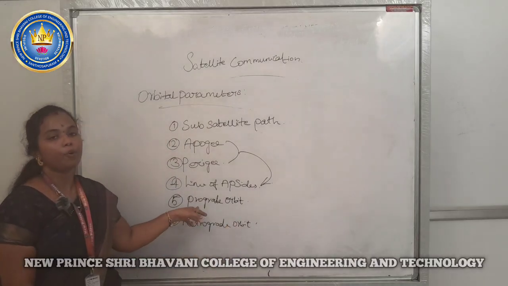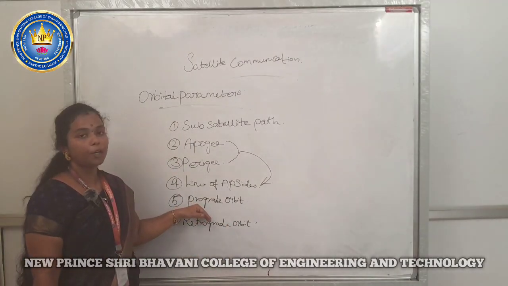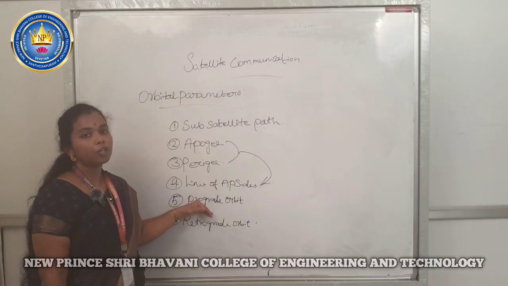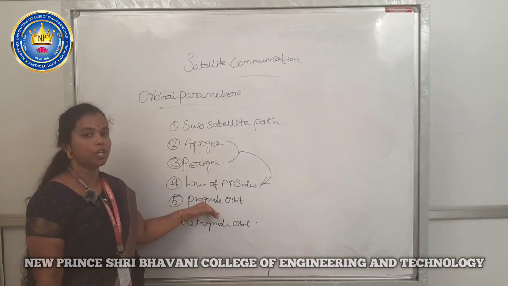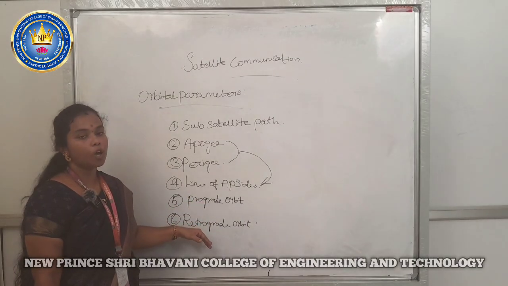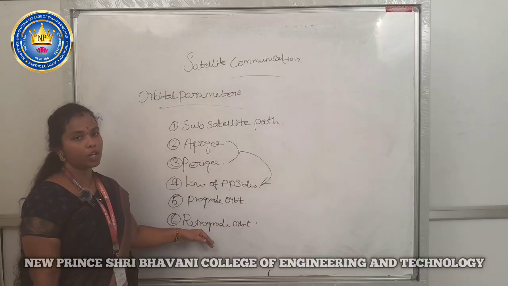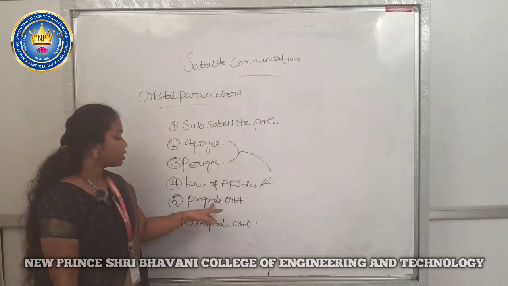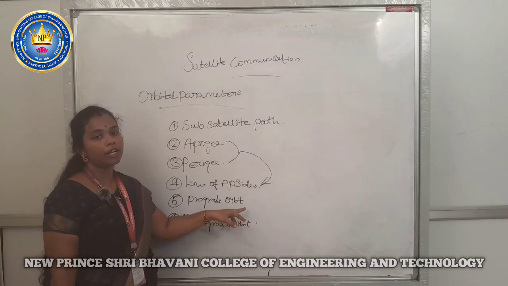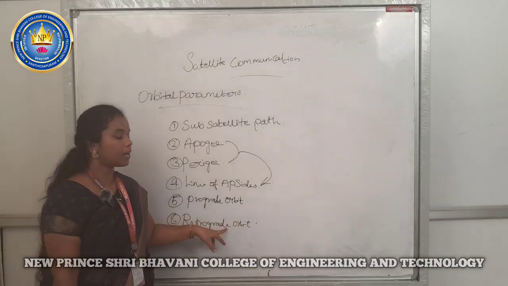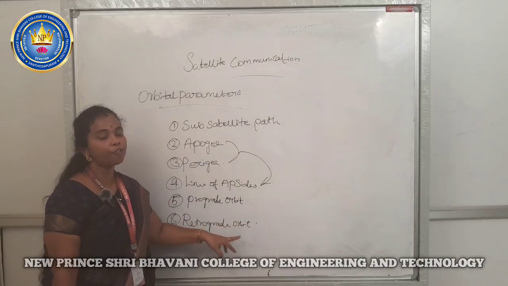What is meant by the prograde orbit? It has the point of upsides, and it is to be noted that it lies below the earth station. And the retrograde orbit is also above the earth station, which has the rotation of this prograde orbit rotated from 0 to 90 degrees, and this rotation is at the point of 90 degrees